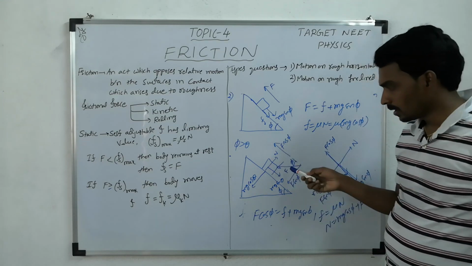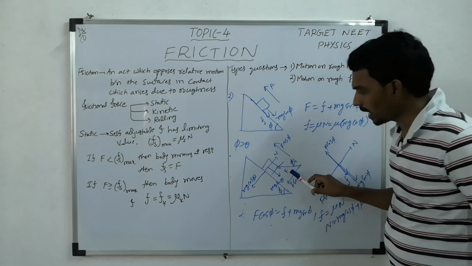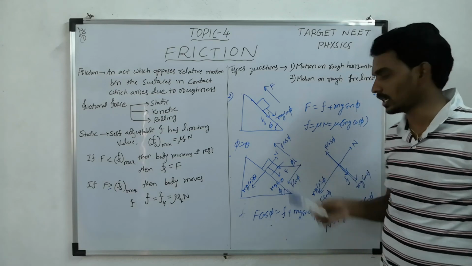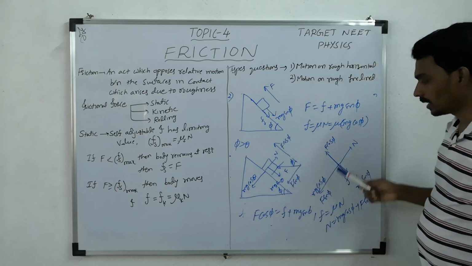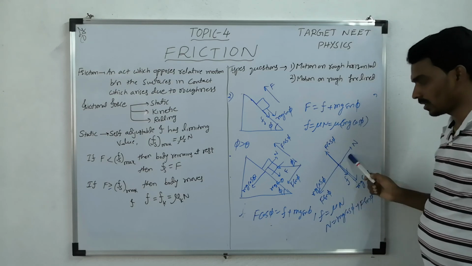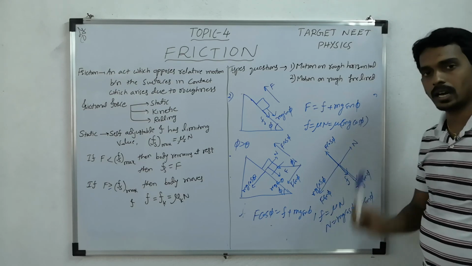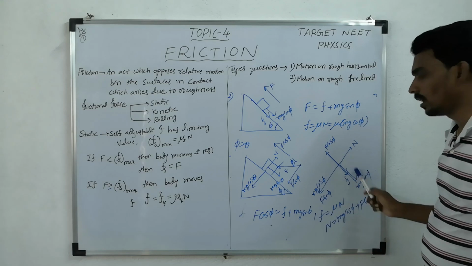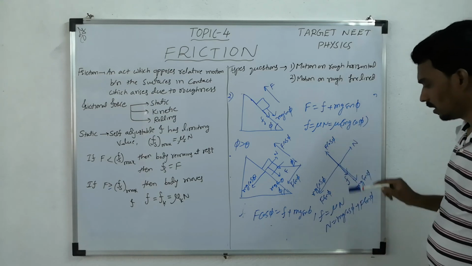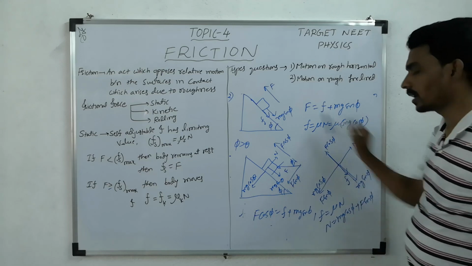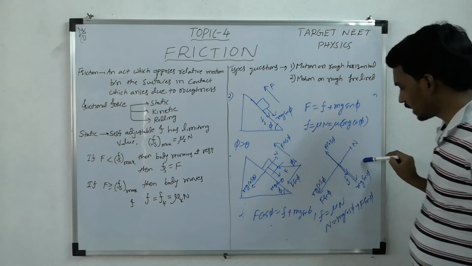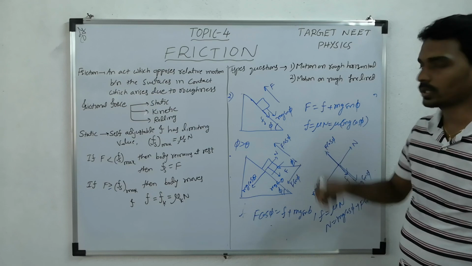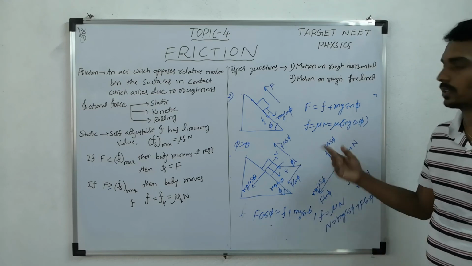Here this is the possible direction of motion. That's why I consider it as x and this as y. So that's why you have to take the component of all forces only along x and y. After dividing into components, y direction you balance it, and x direction you can write the equation of motion. But here just ready to move, that's why I am balancing the x direction also. This is the force, this must balance this one so that it is ready to move. If this force is greater than this one, then it will move upward. So these two cases, please try to understand the difference.